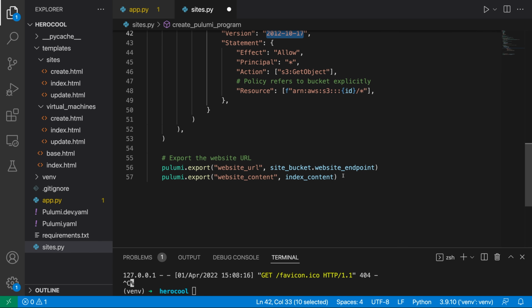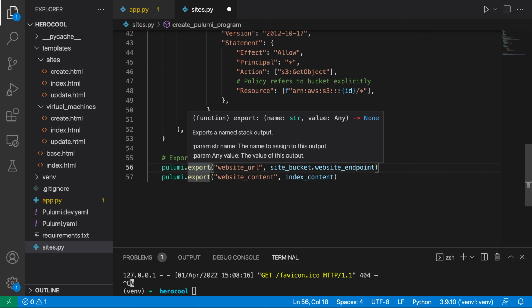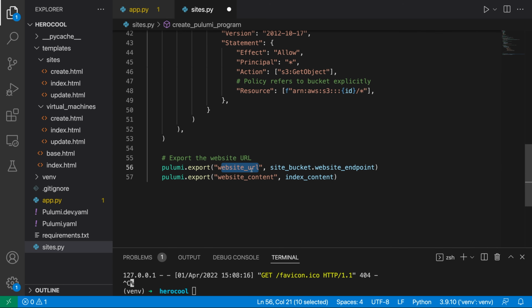And then finally, we are going to export the website URL. So the purpose of this pulumi.export command that you see here is to export a named stack output. Exported values are attached to the program's stack resource. Later, we will see how we can access this data that's being exported. It's kind of like an environment variable. So this is the key. It's like a key value pair. The key is the website URL. The value is